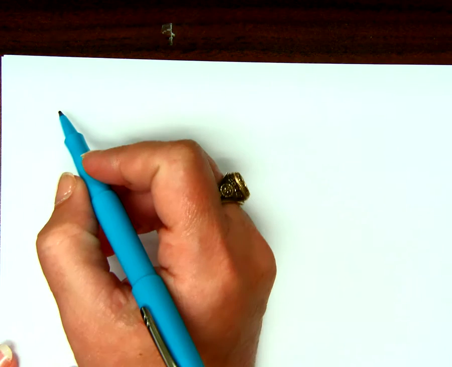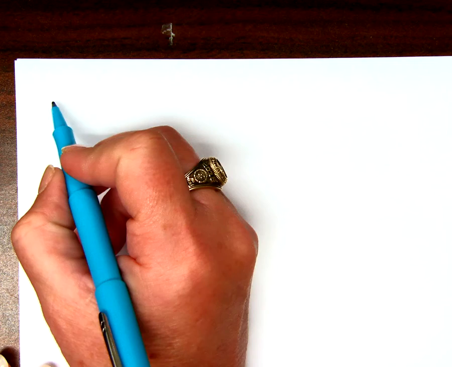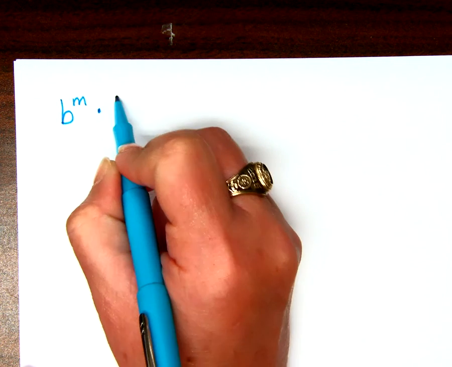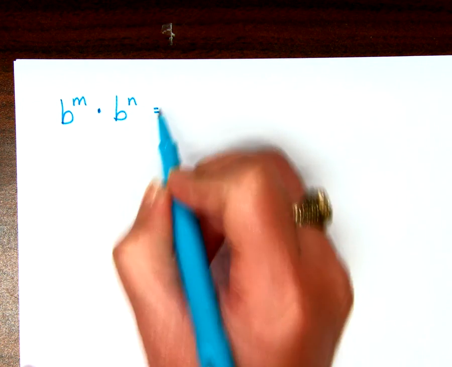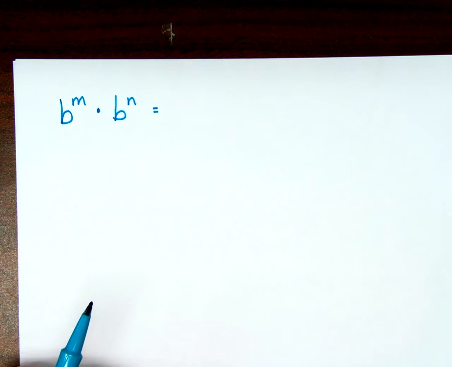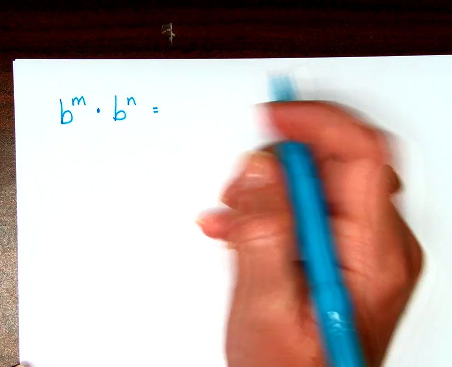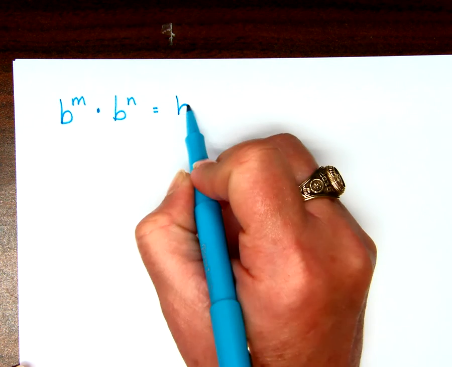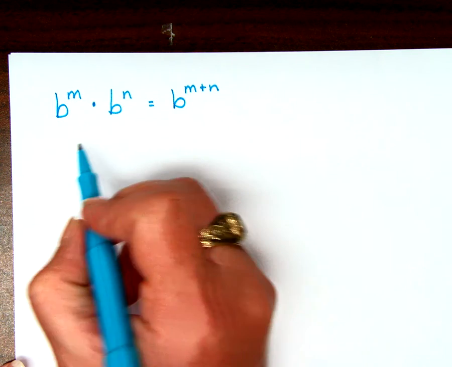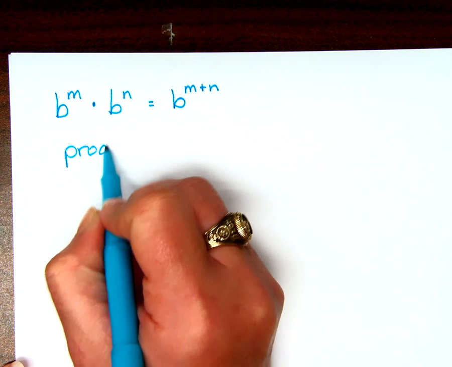Remember I told you yesterday you already know these. Okay? But just to make sure, so I have some proof to back that up, remind me exponent rule wise what happens here. When you're multiplying like bases, what do you do with the exponents? You add them. Okay? So b to the m plus n. So the product rule says